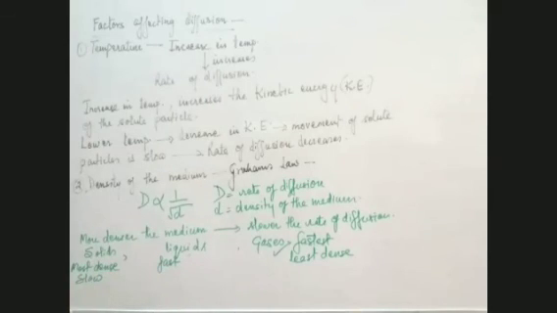That means the less dense the medium, the faster the rate of diffusion. So the rate of diffusion depends on the density of the medium. So in this way you can understand that solids being most dense, the rate of diffusion is slowest, whereas gases being least dense, the rate of diffusion of solute particles is fastest and maximum. So the second point is clear to you, density of the medium, how it affects the process of diffusion. Is it clear, beta? Anything you want to understand in this?